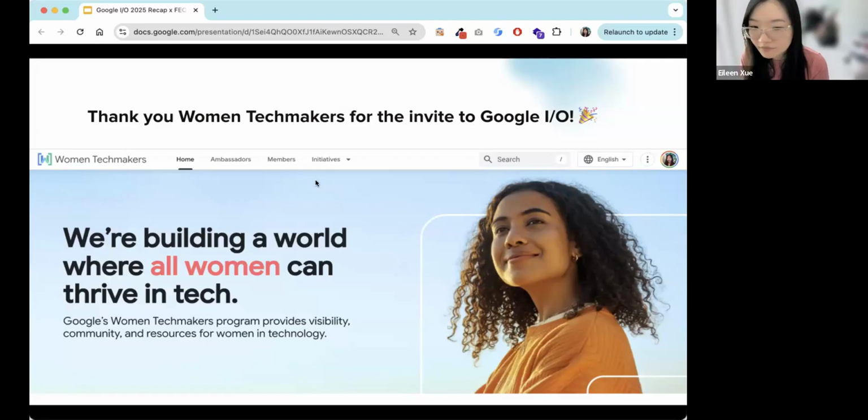If people are interested, you can definitely join as a member to keep up to date with all their latest initiatives. And when their ambassador application comes out, you can also try to apply for ambassador. What's great about this program is that they support you in doing whatever you're currently doing.